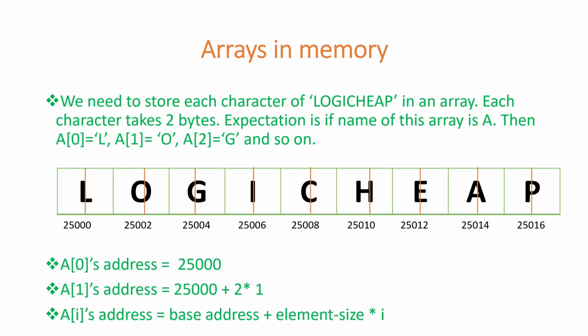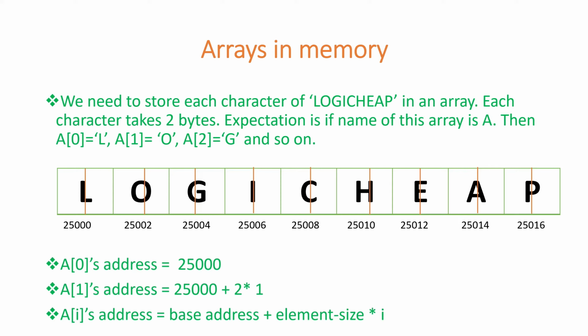When you are implementing, just think of two things which array ADT demands. What is the first one? It says it should be an ordered collection. So if logic heap we are trying to insert, we want to maintain the order here. L should be the first element, O should be the second element, and so on. So ordered collection, order should not be changed. Secondly, it should be accessible by an index. It means A0 is L, A1 if I try to access should give me O, A2 is G, and so on.